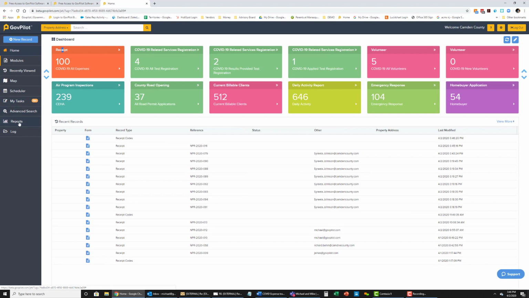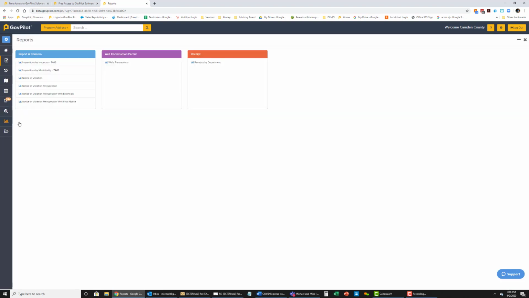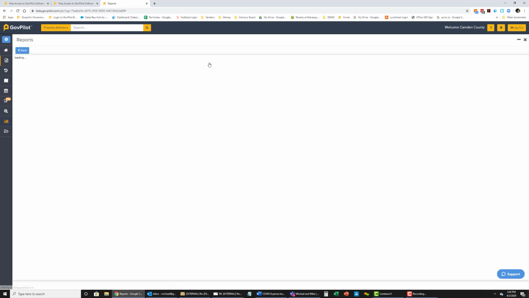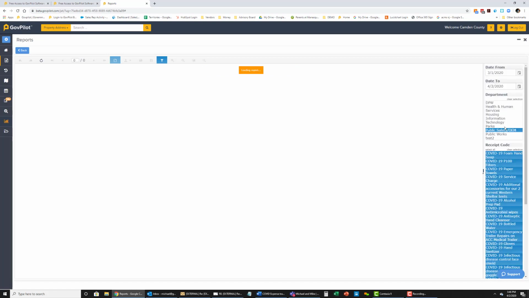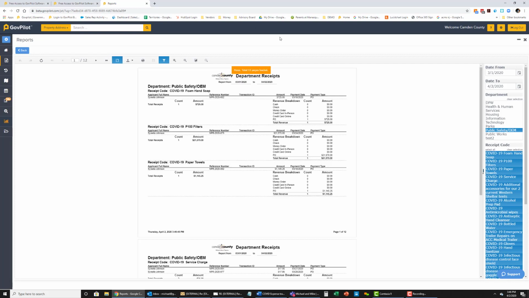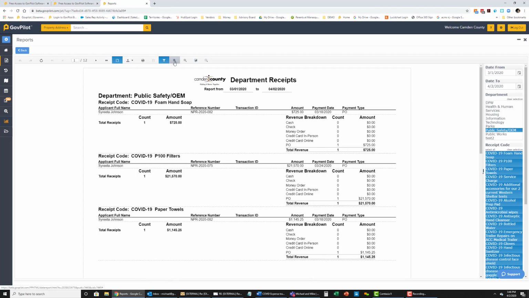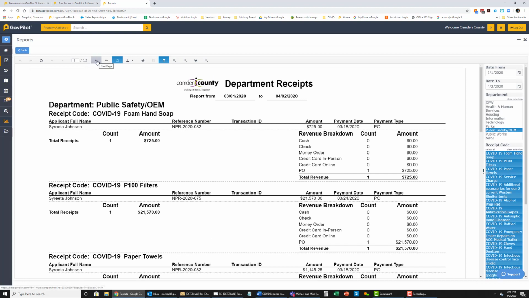All right, let's hop over to Reports. I'll click on the report icon. You'll see various reports we have set up in this demo account. I'll click on the Receipts by Department report. Let me change my date range to March 1st. I'll select the Department of Public Safety, OEM. As you can see, this report is 12 pages long. It is broken out by department name and expense code here,